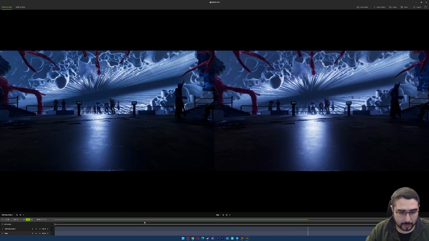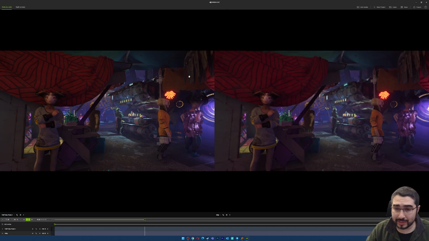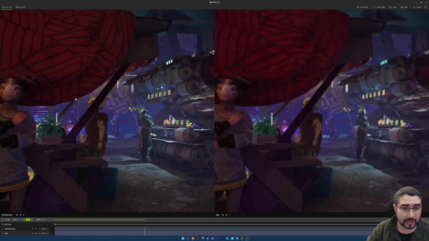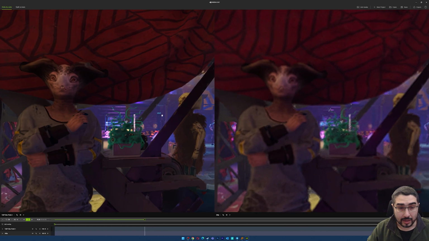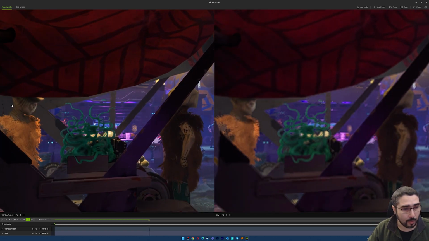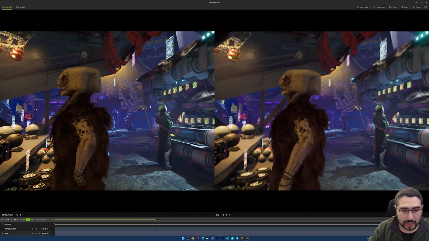I hope, no, this is the last part of it. Let's just go a little back. So let's see, for example, this part here. You can see this character, right? Okay, so look at the difference. Look how much cleaner the lines are, how much more defined everything is. We cannot see the details in here, and we can see these details in here. Look at this, you don't know what this is. This seems like an orange blob, and here we can see some sort of feathers or something like that, but it's much cleaner if you ask me.